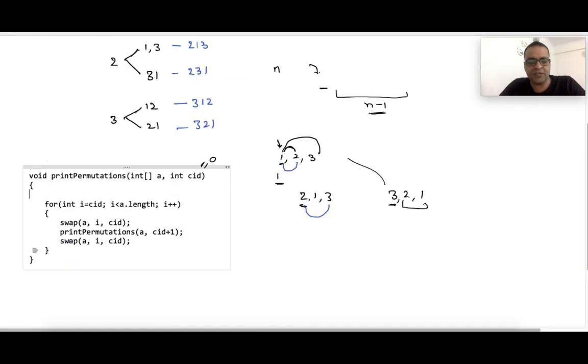What should be the terminating condition for this recursion, or the base condition of this recursion? When should the recursion terminate? If current index is at the end. So if current index is equal to a dot length, it means that we are outside the array. In fact, even if it is a dot length minus 1, it means that we are at the last element, and for the last element there is only one permutation possible,